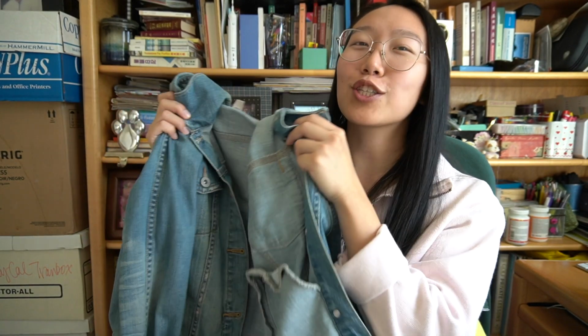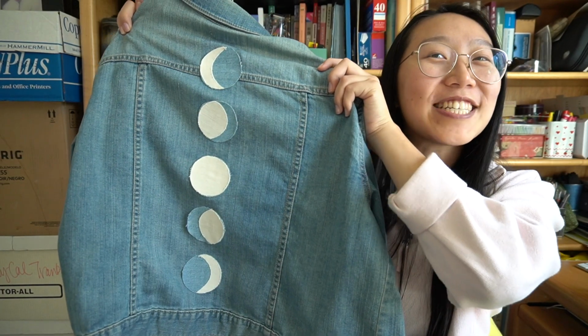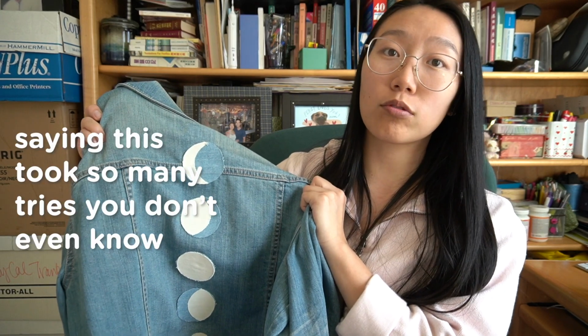Next is another denim jacket. Can you tell I hate boring denim jackets? All right, I apologize, but this one actually is not thrifted. This was from my pre-thrifting days. It's from JCPenney. On the back, you'll see I have 5 moon phases. I made these moons using scraps of denim that I got from...